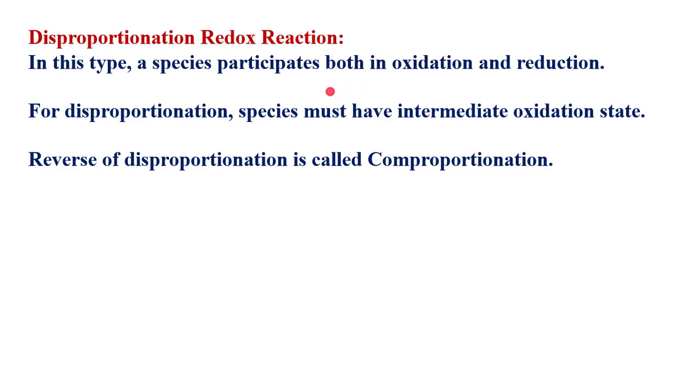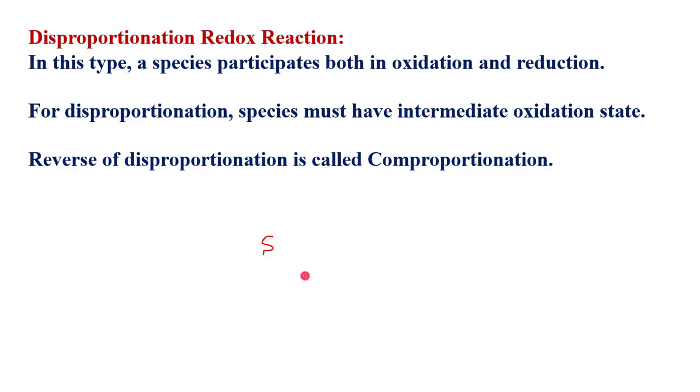How it can happen? It can happen only when the species is having intermediate oxidation state. ये कब पॉसिबल है? जब स्पीशीज का ऑक्सीडेशन स्टेट इंटरमीडिएट है, यानी कि उसका हाईएस्ट भी नहीं और उसका लोवेस्ट भी नहीं. अब जैसे कि एग्जांपल